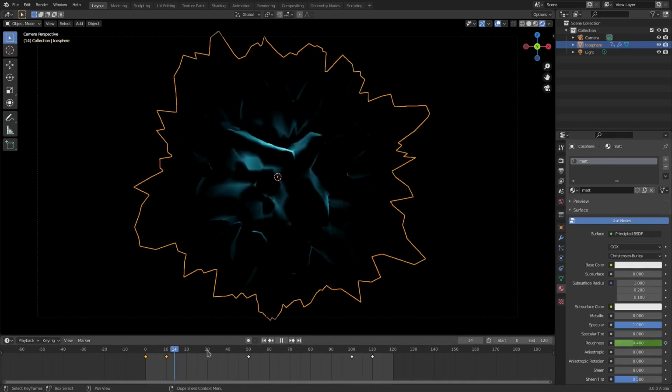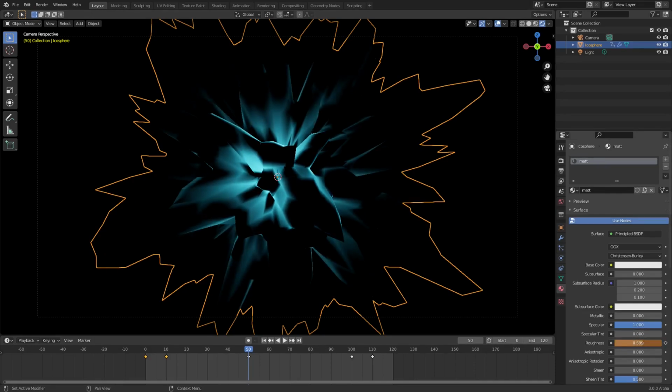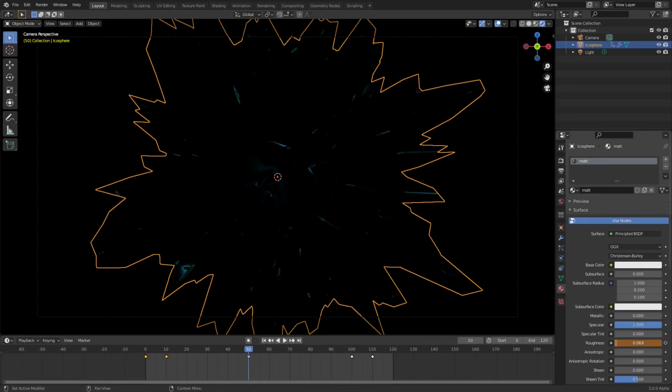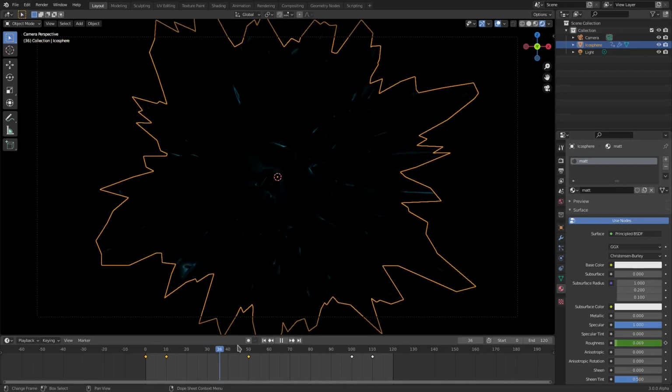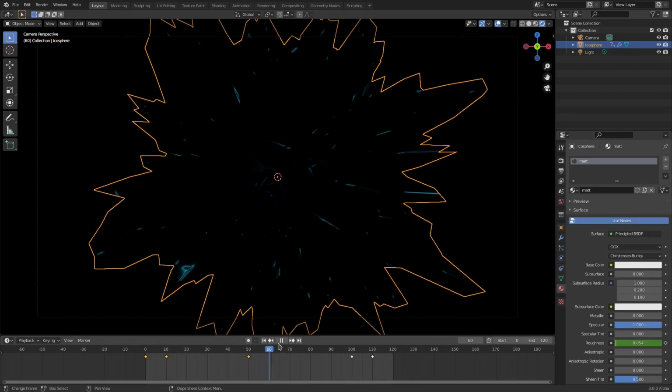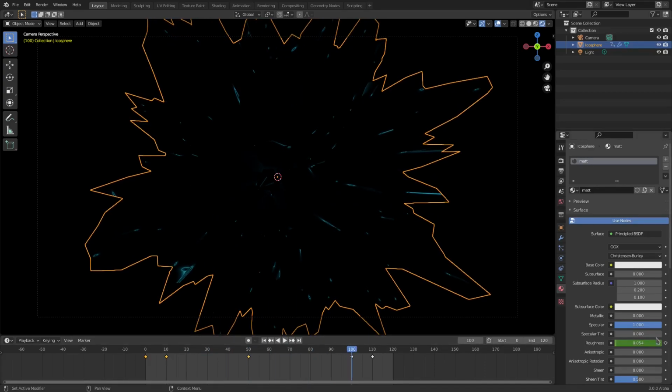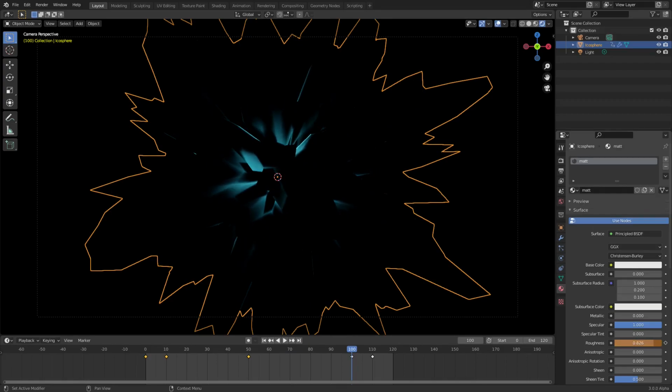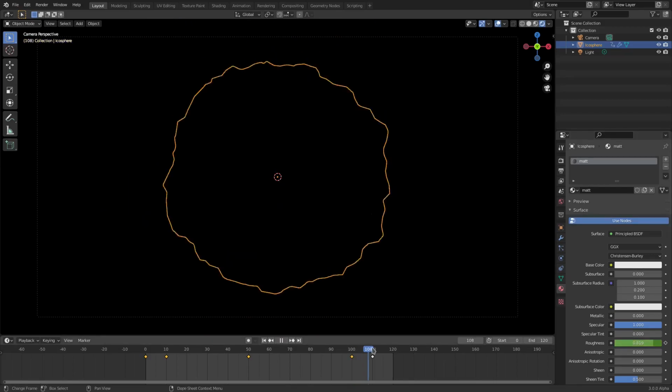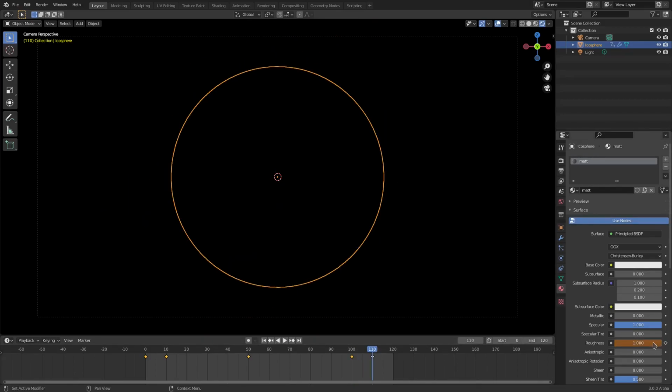Hit I, go to frame 50, maybe put it to like there, which is like 0.05. Hit I, and then we can go ahead and go to frame 100, pull it back up to maybe 0.8, hit I, and then 110, we will pull it all the way back up to 1.